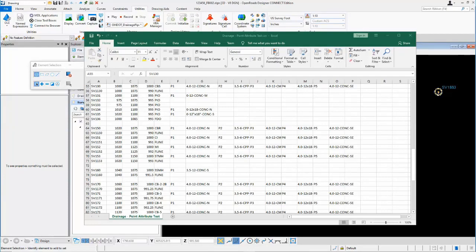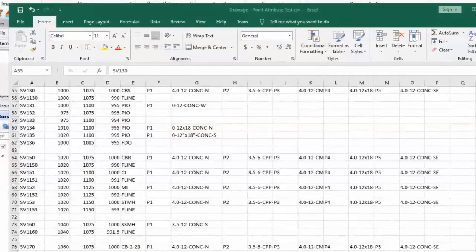Let's take a look at the third method that you could use to draw your drainage pipe information. So what I have open is a CSV file that has some survey points that I've already imported, and I just want to review this a bit. So here's a point number SB130, its northing, easting, and elevation. That's a catch basin square, and then its attributes. So there are the 5 pipes, P1, P2, P3, P4, and P5, and then there would also be an N5 attribute.